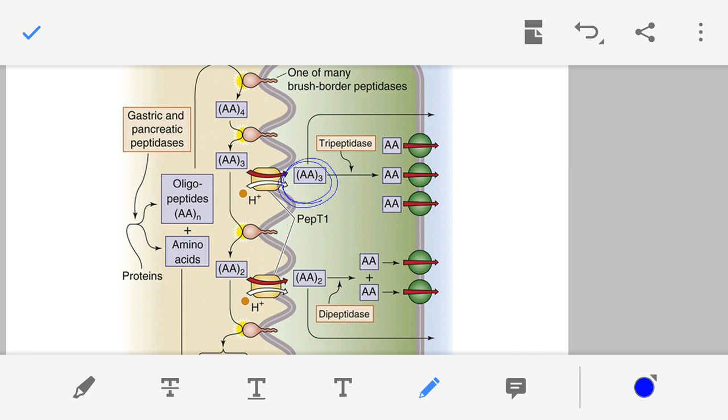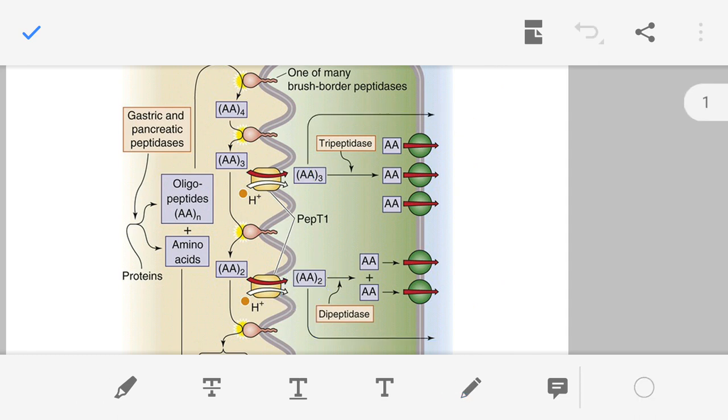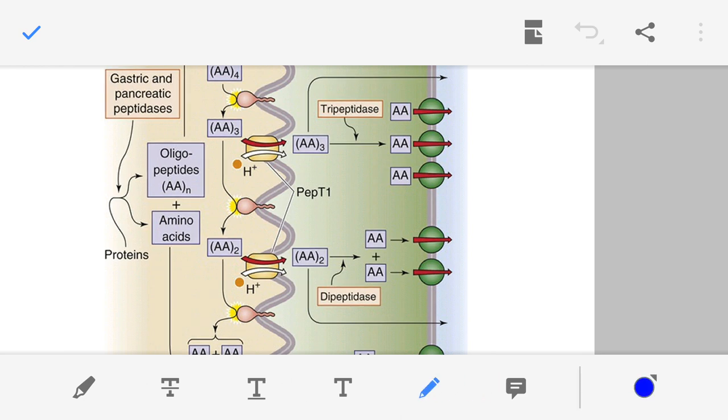Now what happens if you observe this figure closely? Not all, but a few tripeptides leave this cell and directly enter into the blood capillary. The dipeptide also leave the cell and enter directly into the blood capillary. Now it is not that all the tripeptide or all the dipeptide enter into the blood capillary. Now what happens to the remaining